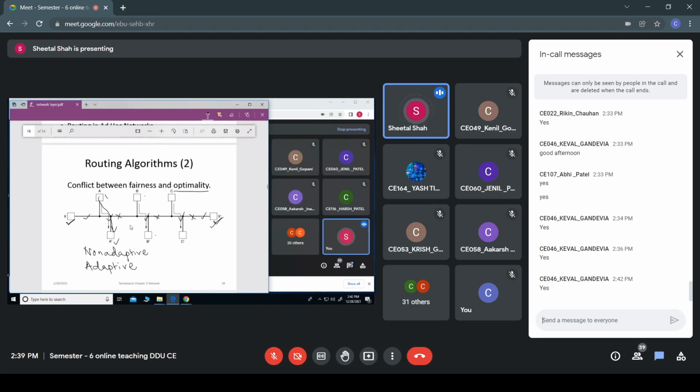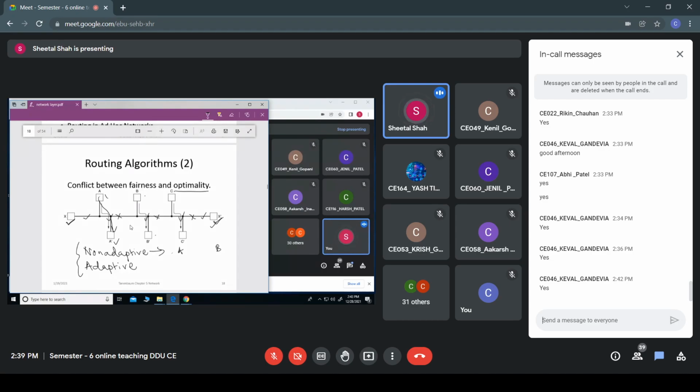These are the two classifications. In case of a non-adaptive routing algorithm, the route is decided before the network is established, and that route is provided to all the routers which come between host A and host B. Are you getting this?